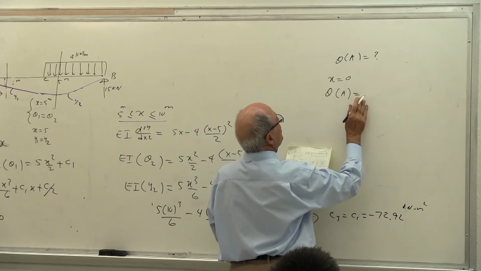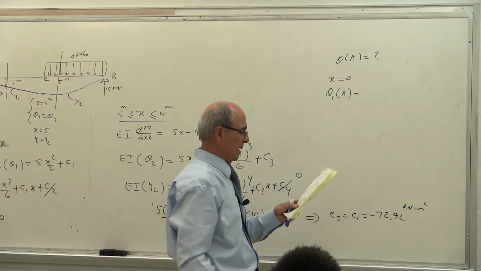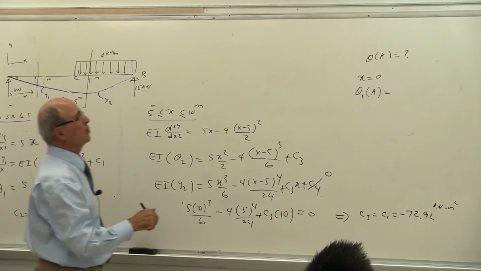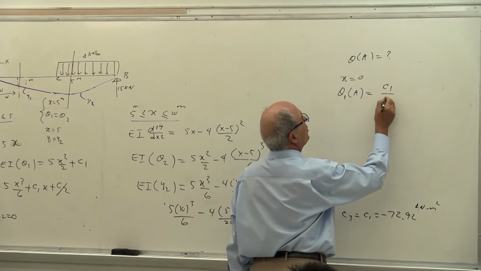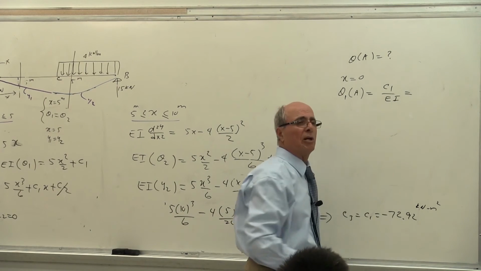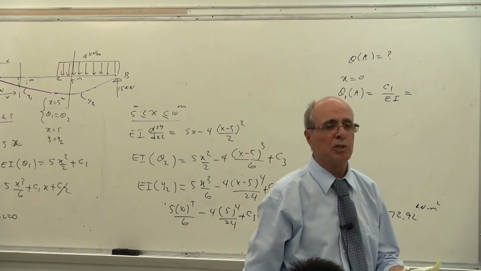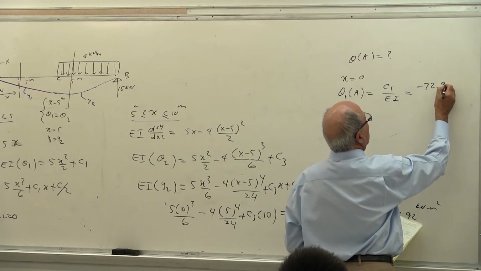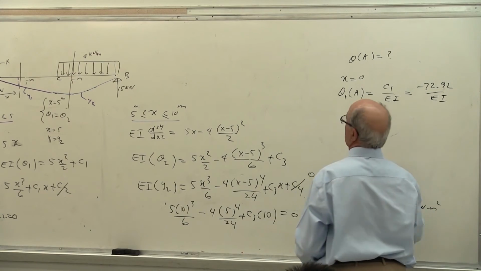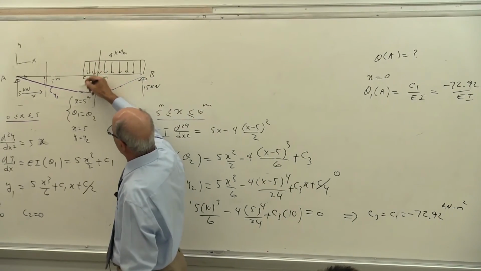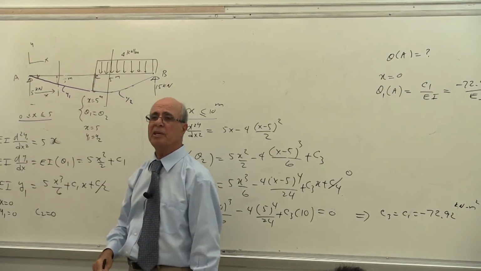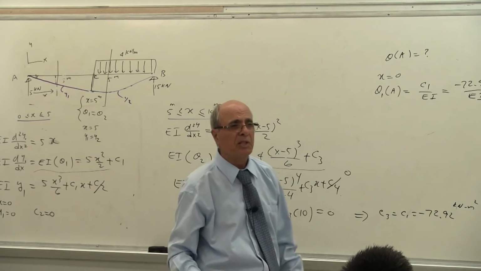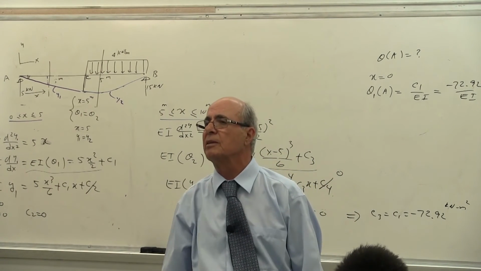Theta at A, so theta 1 at A, and that is equal to this equation. So x is equal to C1 over EI. So that's what you come to. You come to C1 over EI, and C1 was equal to how much? C1 was equal to minus 72.92. That's right. Minus 72.92 over EI, etc., etc. If somebody asks you to calculate what is y at this point, which you will be interested in, you can use either this one or that one. The net result should be the same if you have not made any mistake. Is that correct or not? And so on and so forth.